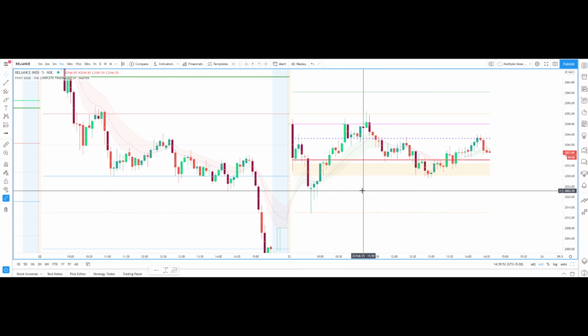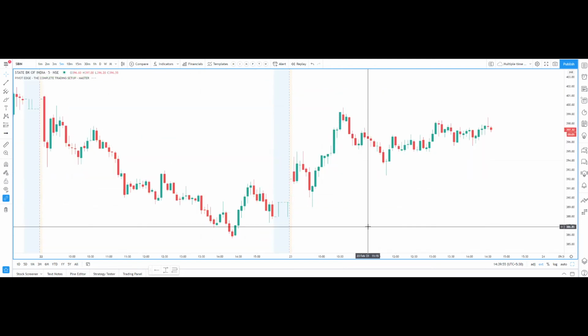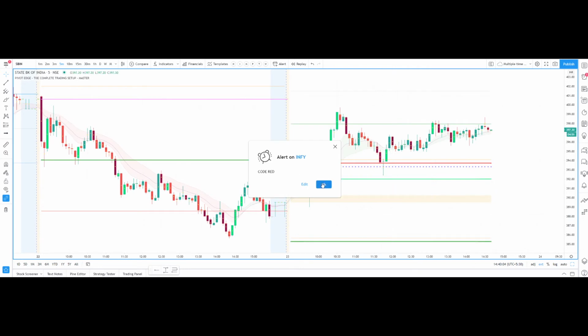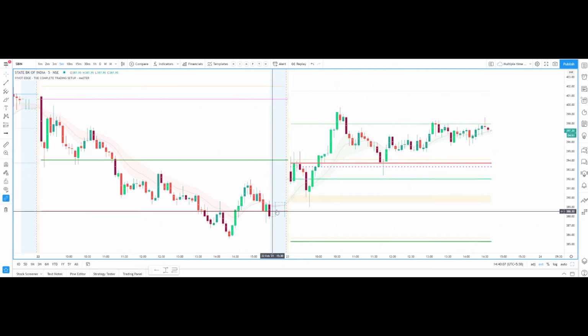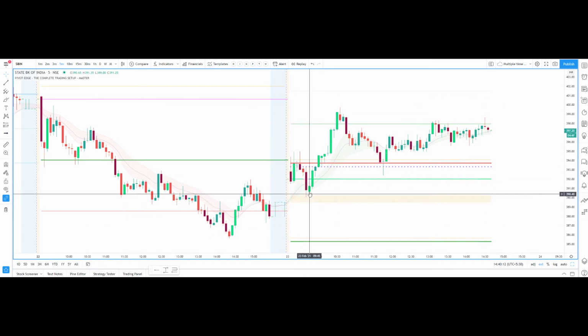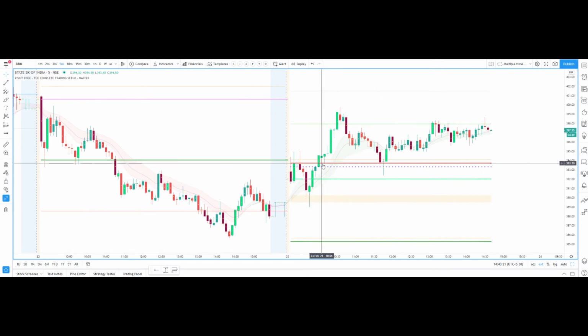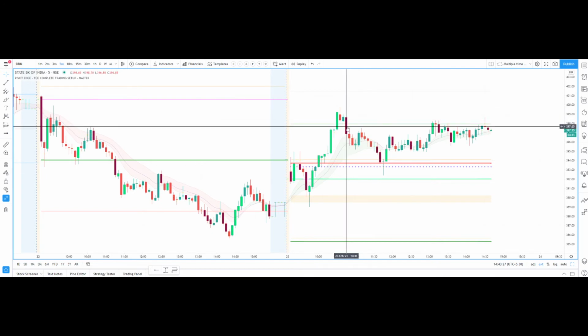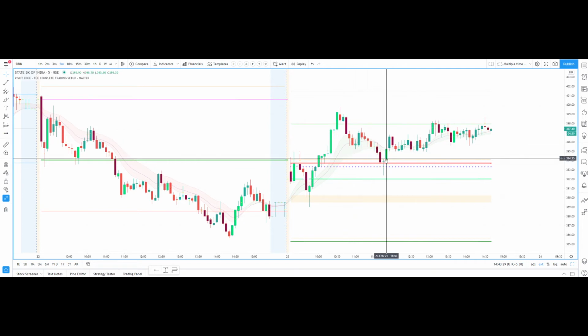Next, let us see State Bank of India. State Bank of India also has opened gap up, then it came here and took support at this value area. After taking support, the buy indicator is triggered here. After this you can achieve target 1, target 2, all those things. Then here you saw rejection as the sell indicator is triggered. If you sell here, you can achieve this resistance target.